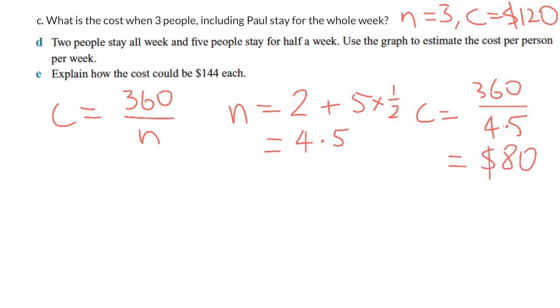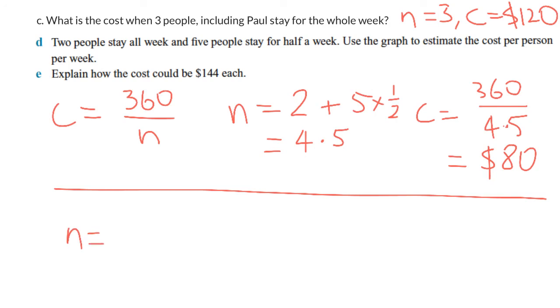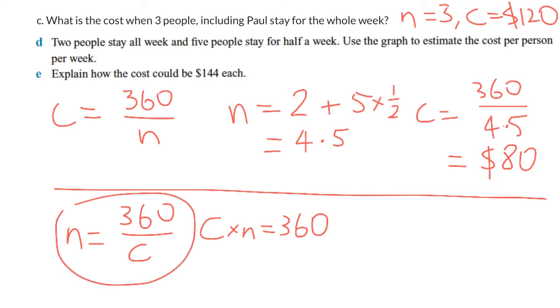Okay, and the last part here: explain how the cost could be $144. Well, we can flip this and say n equals 360 over C. Now, the way we get there, by the way, is to say we know our cost per person times the number of people has to equal 360. So by dividing both sides by C, I end up with my equation here. Now, if I know my C is going to be 144 per person, then I'd have to say n is 360 over 144,